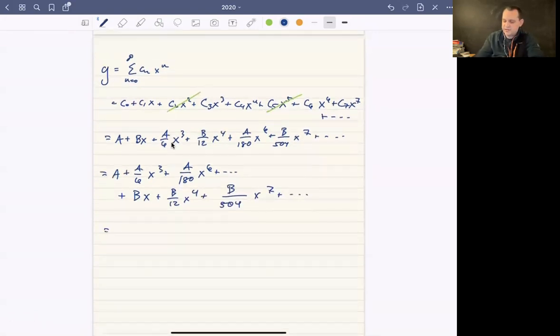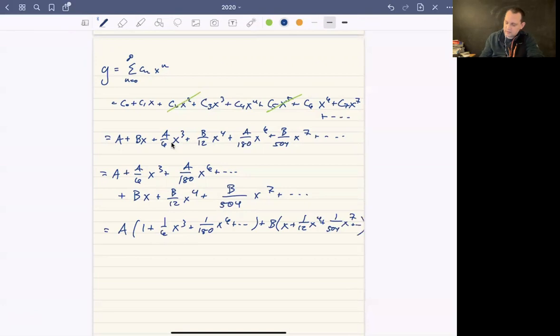And the reason for doing that is that you can factor out the A and the B, and then you get these functions. You get 1 plus 1/6 x cubed, so it should be A times 1 plus 1/6 x cubed plus 1 over 180 x to the 6th, plus B times x plus 1/12 x to the 4th plus 1 over 504 x to the 7th, and again, with as many terms as you want. Okay, so it turns out that these are going to be your solutions to the differential equation